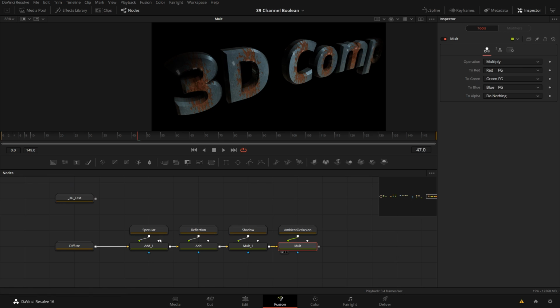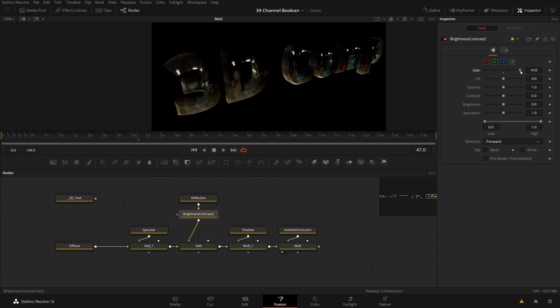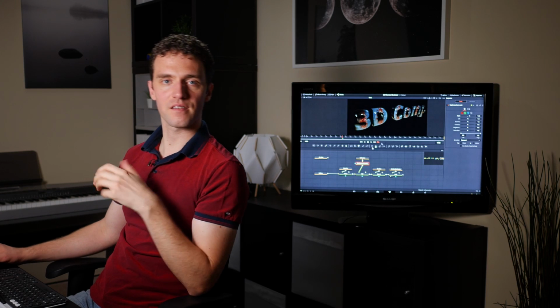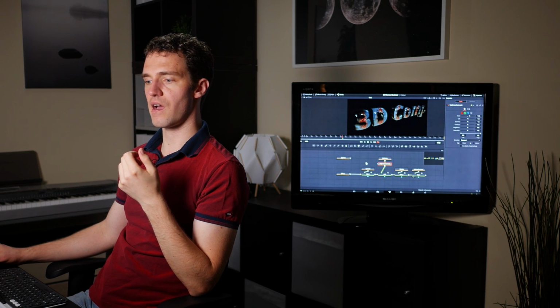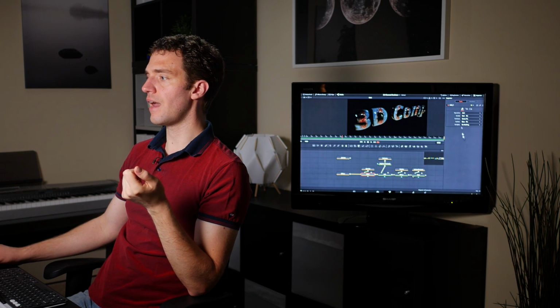But now this time, with simple mathematical operations, I have added different parts of the image together, and now I can control these parts. For example, I can maybe add a brightness and contrast node here for the reflection pass, and I can just change the gain, and I can bring the reflection all the way up, and I can really fine-tune it without touching my 3D render. The 3D render is the last part that I want to touch,